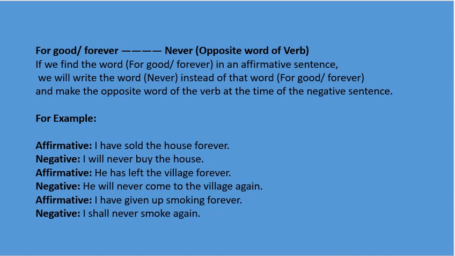If we find the word for good, forever in an affirmative sentence, we will write the word never instead of that word for good, forever and make the opposite word of the verb at the time of the negative sentence. For example,